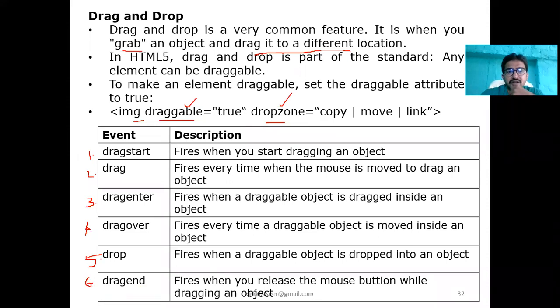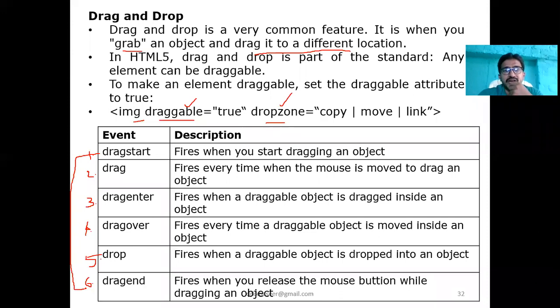The sixth one, dragend. So dragstart and dragend tell the starting position to the ending position. When dragstart has started, up to where it ends. In the middle we can use some of the events like drag, dragenter, dragover, drop.